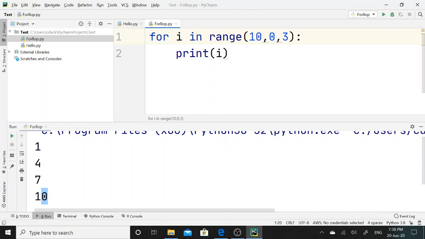So I will pass the second parameter as 0, and that number will not be included in the for loop operation. Here I will pass the third parameter as -1. So the next step in the for loop is a decrement by -1.